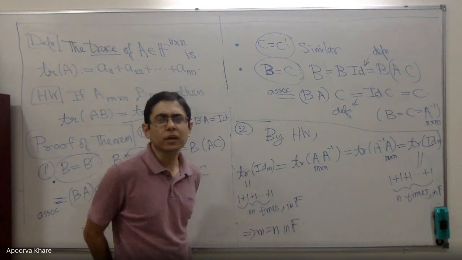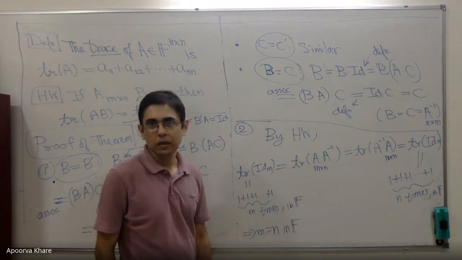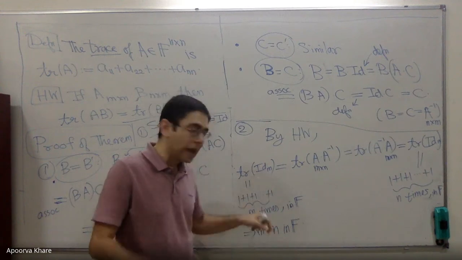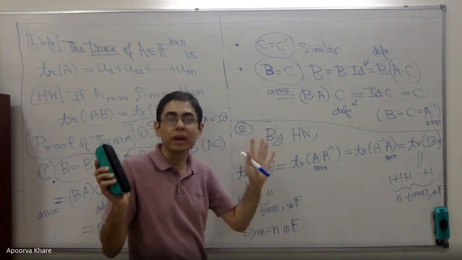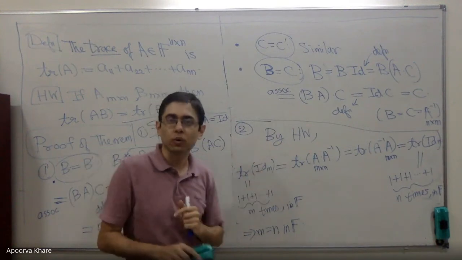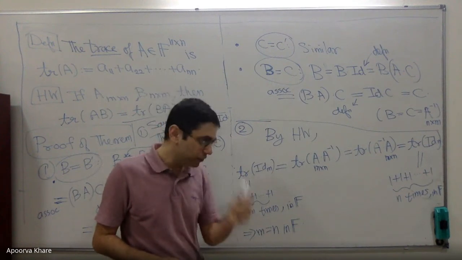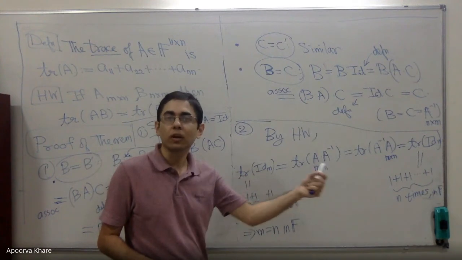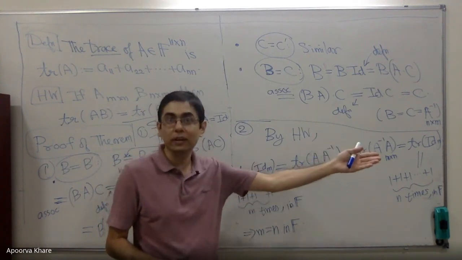Let's say M is bigger than N. So M minus N equals 0 in the field. But you see, remember, the field now has characteristic 0. So you are adding M minus N many ones, 1 plus 1 plus 1, M minus N many times if M is bigger than N, and getting to 0. But you can never do that, right? You know that you can never add a positive number of ones and get to 0 in a characteristic 0 field. The definition of characteristic is that it will never get to 0.